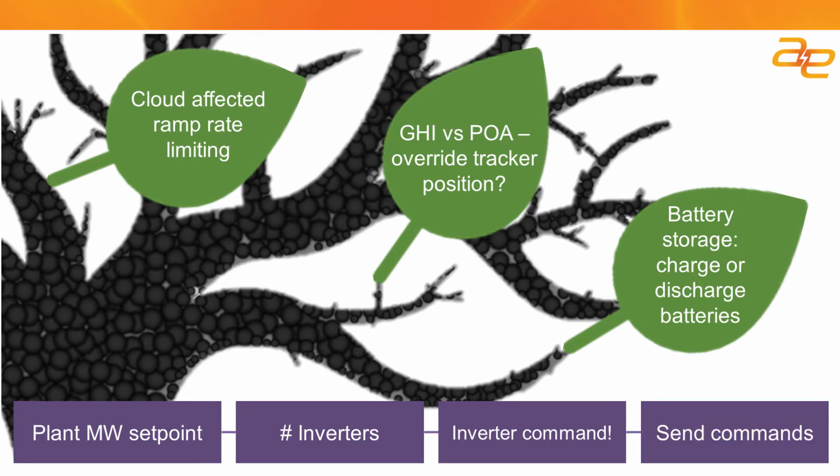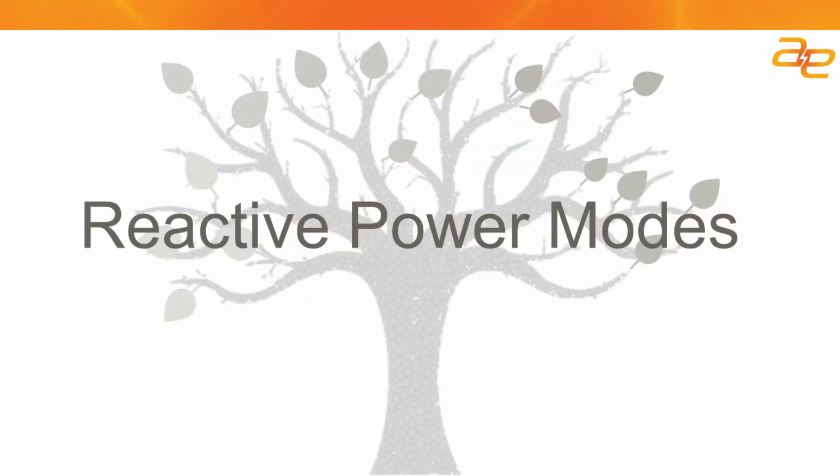Now that we've gotten all of these leaves considered and all of the decisions integrated into our control system, the control system doesn't have to deal with making the decisions over again. The control system just has to recalculate what the inverters should be doing with all these considerations over and over again. So now that we've gone through 5 branches and 14 leaves worth of considerations, we're done talking about active